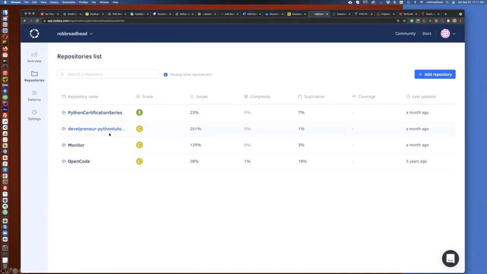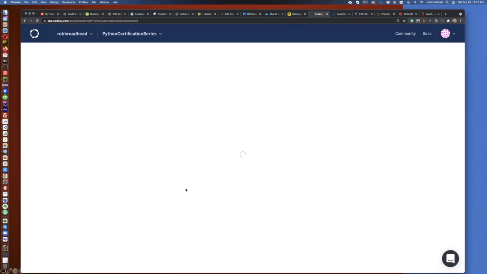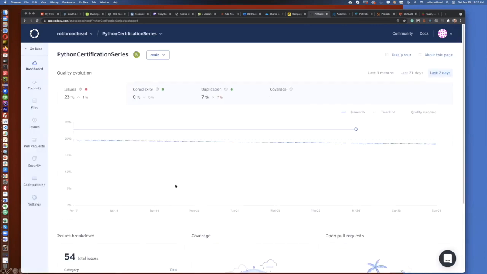So for this example, we can see I have a grade for these. These are 4 different repositories, and I have a grade, and we can see I've got issues, and these are percents, I think, based on, in this case, my prior commit. And then you can see there's a complexity score. Where do I have duplicate code? If you have tests, some of them will be able to check test coverage. So if I look at one and open it up, and you're going to see this in a lot of these,